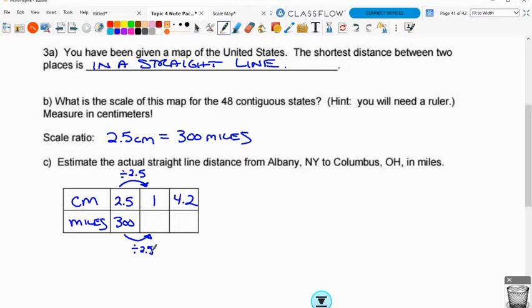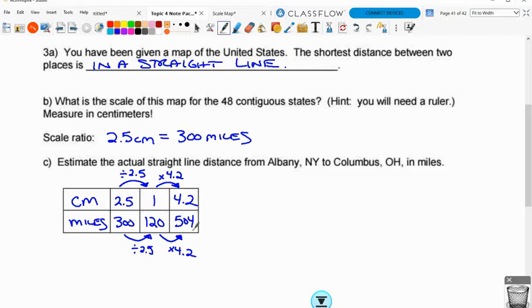And if you punch that into your calculator, you're going to find out that 1 centimeter is equal to 120 miles in actual distance. Now I'm going to be able to easily scale from 1 centimeter to 4.2 centimeters by multiplying by 4.2. And if I do that to my centimeters, I need to do the same thing down here to my number of miles. I'm going to go from 120 miles, and I'm going to multiply by 4.2. And when I punch that into my calculator, I get an answer of